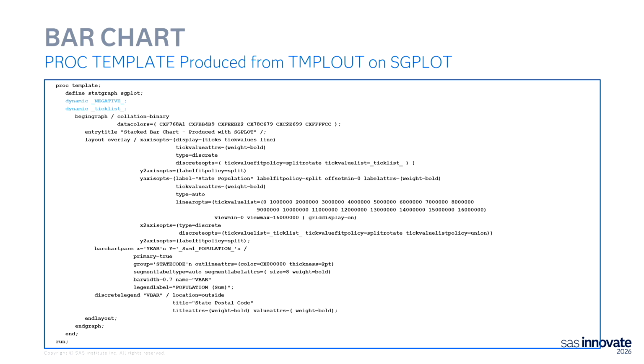So here, this dynamic negative, dynamic tick list, this information is saying that we're going to feed it some dynamic information. Well, we don't have dynamic information. It's all static. We're using the SASHELP.STATES data set, so it's static information. We're not changing it. We're not going to use this particular graph for anything else, but if you were, then you're probably going to want to have some kind of dynamic variable in there. But I'm going to strip it out because I don't need it right now.